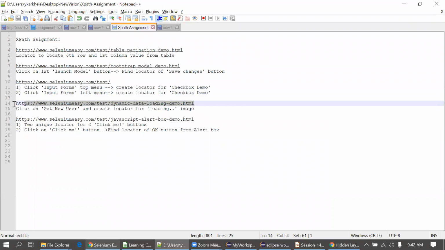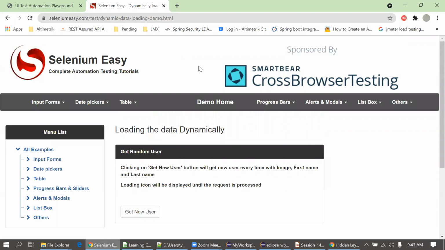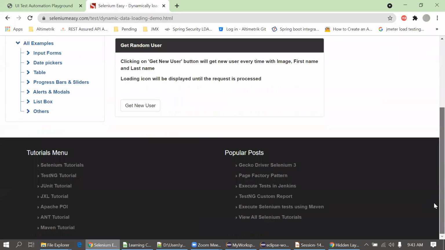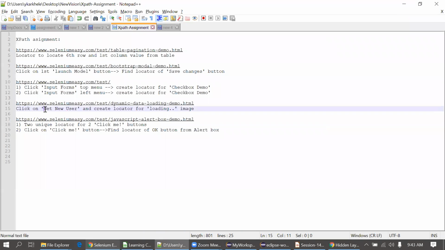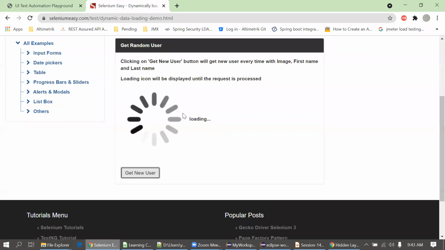Then the fourth one, which is somewhat more tricky. At the last, here is a button, get new user, that I mentioned in the notepad as well. When you click on it, I get this loading icon.